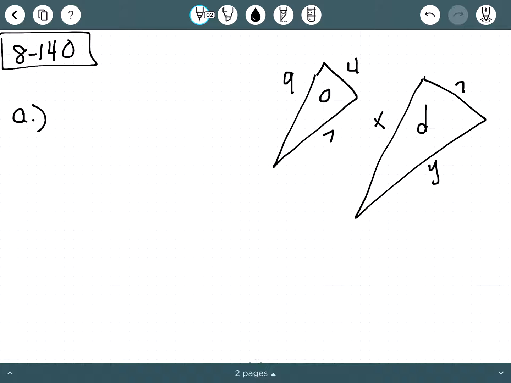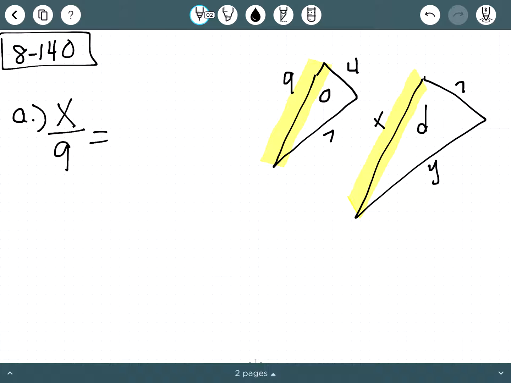It does not matter. So for part A, I need to find my length of side X. So side X being this side. What I need to do is find my corresponding side on the other or the original triangle, which is 9. So I know anytime I'm working with scale factor and similar figures, it is going to be dilated over original. So I am going to do x over 9 and set that equal to, we need to look for another